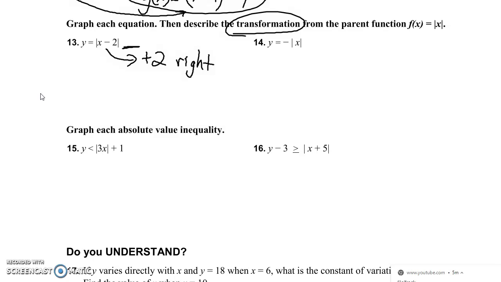Number 14 is a trick question because it has a negative sign here. If you remember the negative sign from our notes, when there's a negative sign, it means reflection. Right? So it's a reflection, and there's nothing here, no 0 here, or nothing there, so you have to present